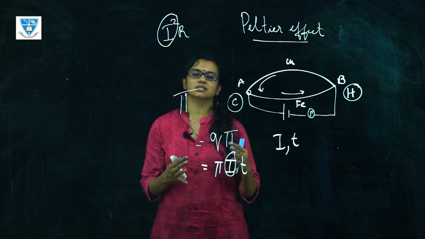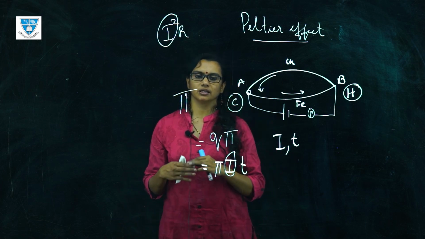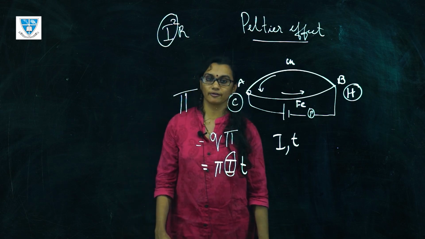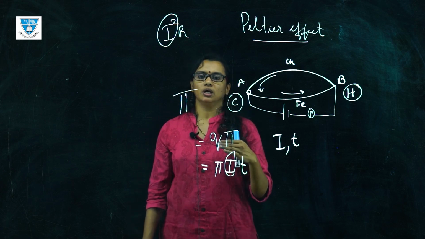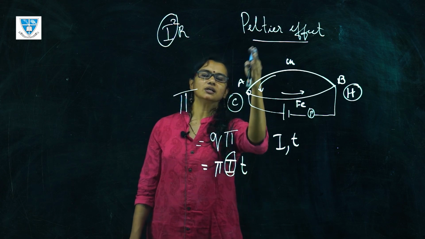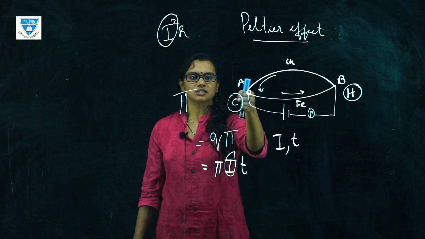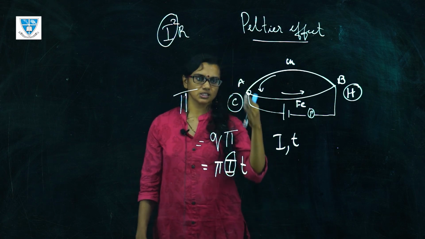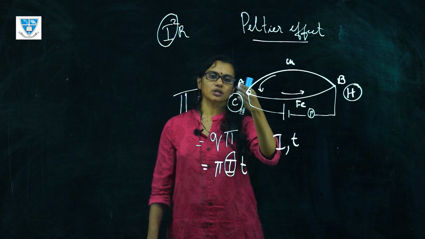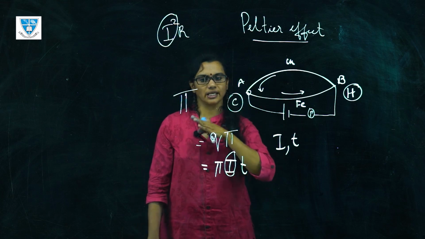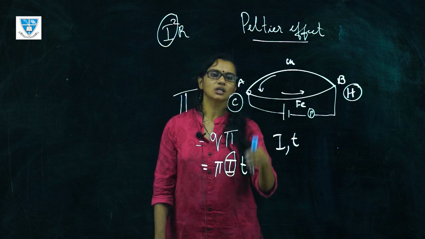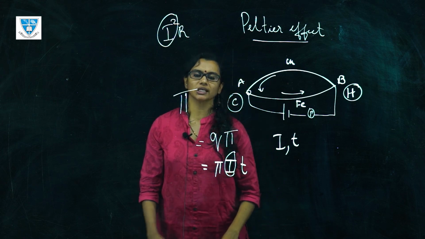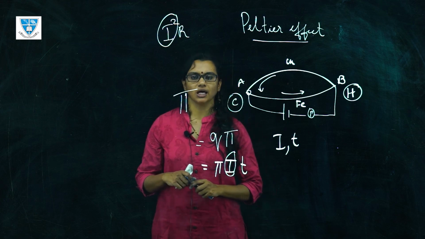So you cannot replace Joule's heating by the Peltier effect, but thermocouples find very good application in refrigeration. You can cool the system by using the Peltier effect. One end is getting cold, so you can use this thermocouple, behaving like a heat engine, for refrigeration purposes. Peltier cooling can be used for many applications.